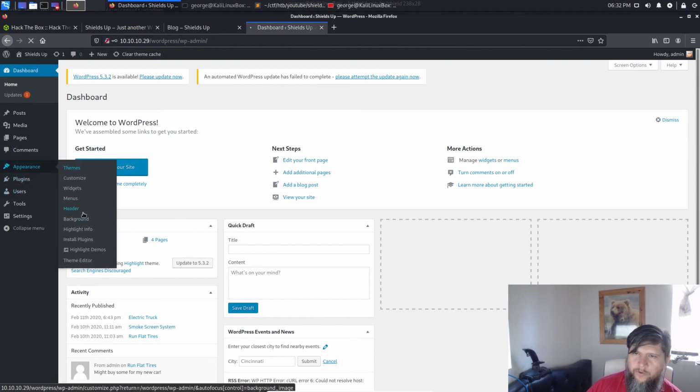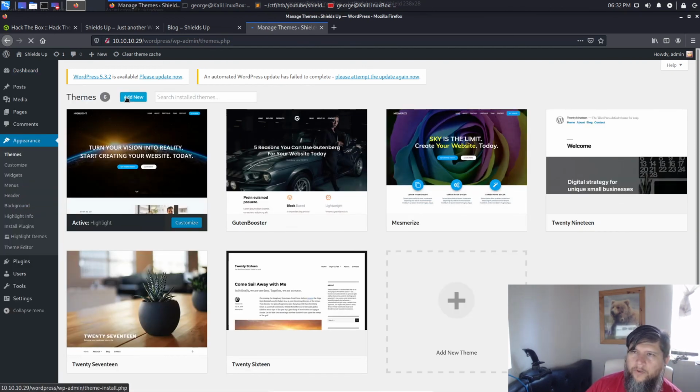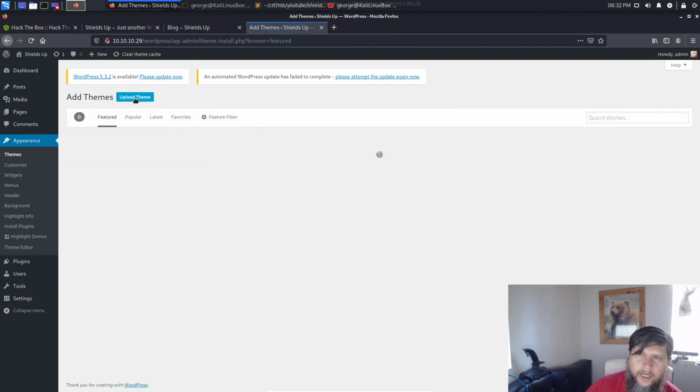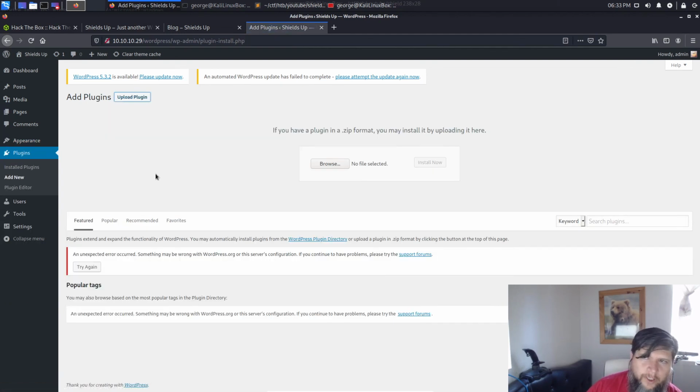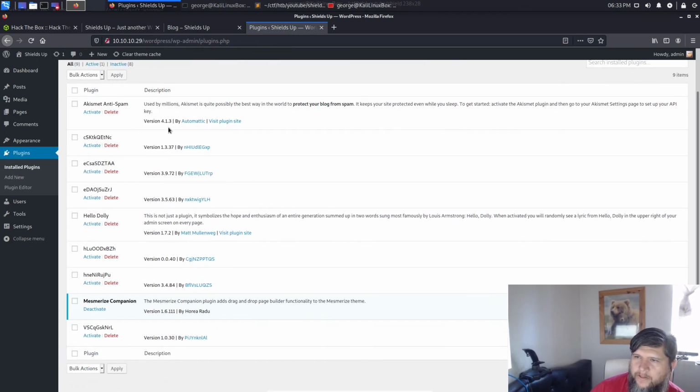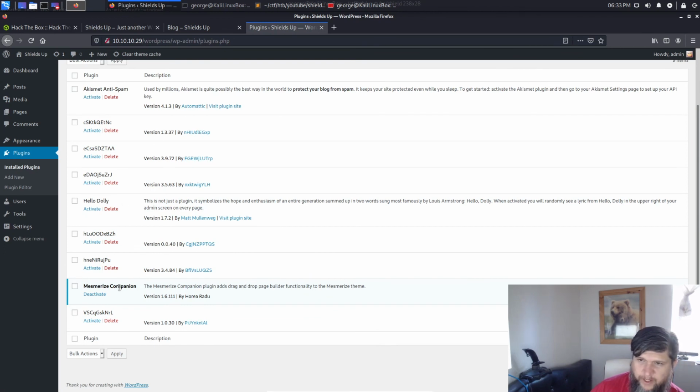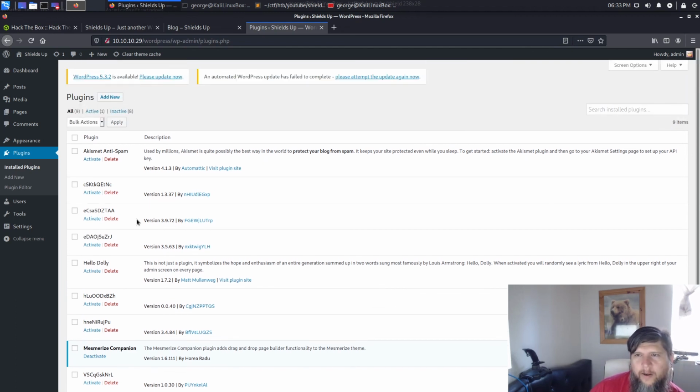So if we go to themes here, we go to add new, and then upload theme. We see that we can browse and upload any file. Same thing is true if we were to go to add new plugin, upload plugin, and we see that we get the same form for us to be able to upload. And these are the current stuff that we have, apparently. They have very weird names. But anyway,